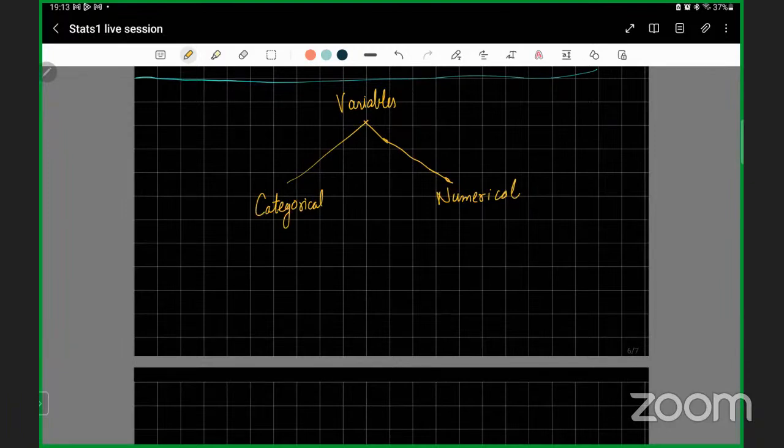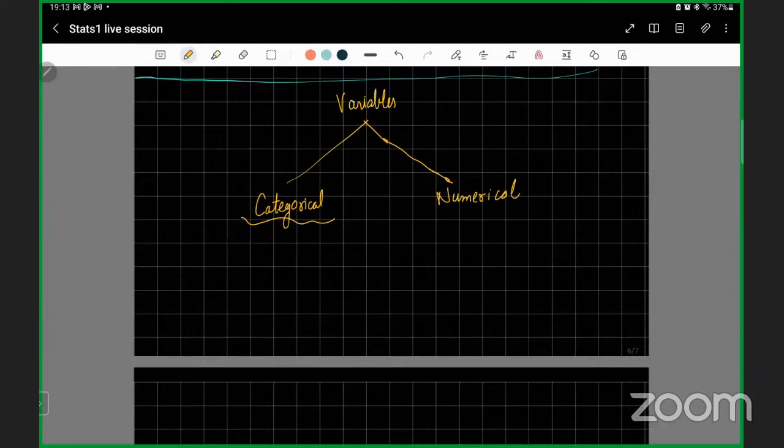Now, in case of a numerical variable, you will get a data set that takes numerical values, right? Right, ma'am. But in case of categorical, we talk about, for example,